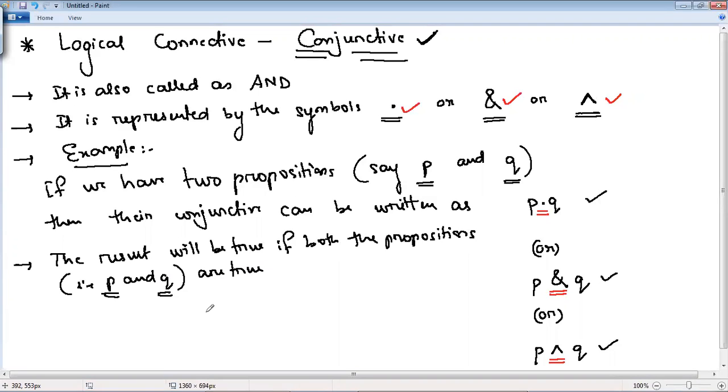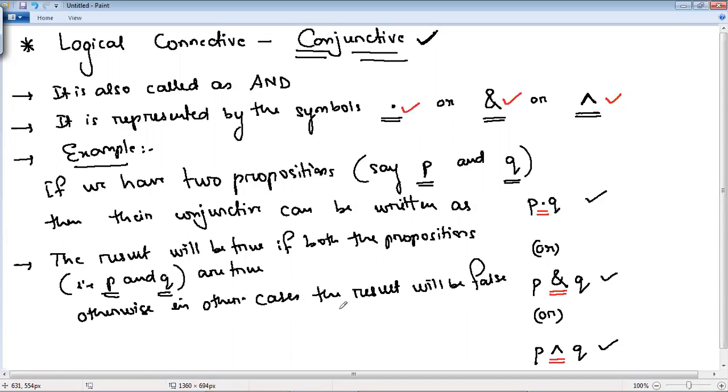Otherwise, in other cases, the result will be false.